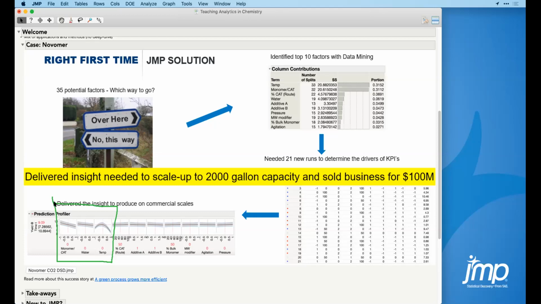So these were monomer CAT, water, and temperature. And because they used a definitive screening design, which is a 3-level design, as we will see later, they were also able to see that there was some curvature going on. So a quadratic relationship between